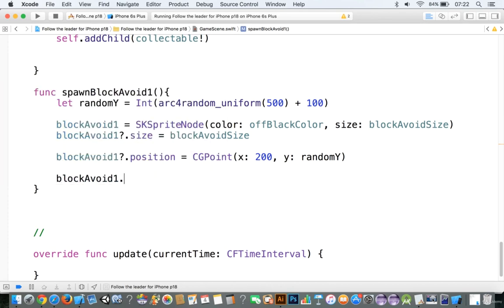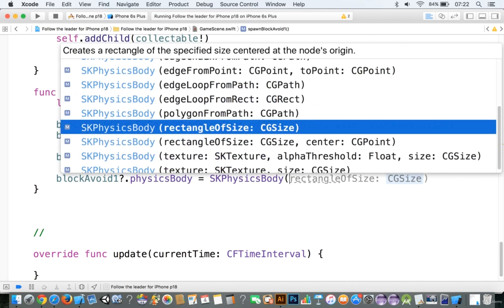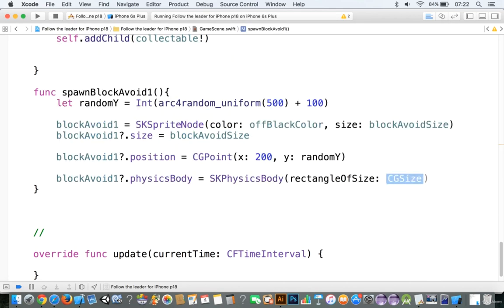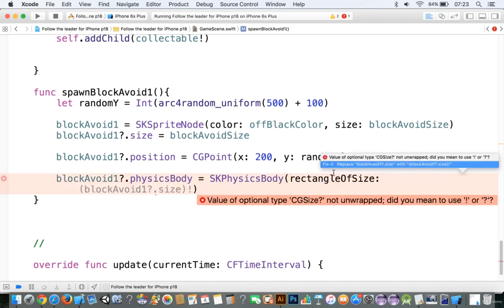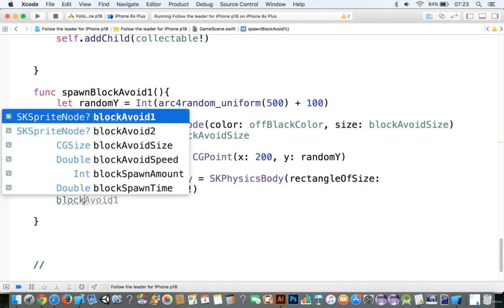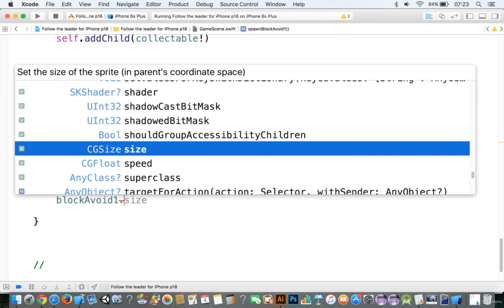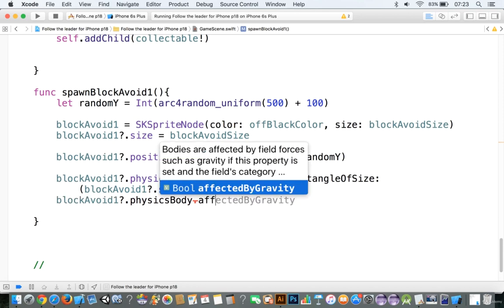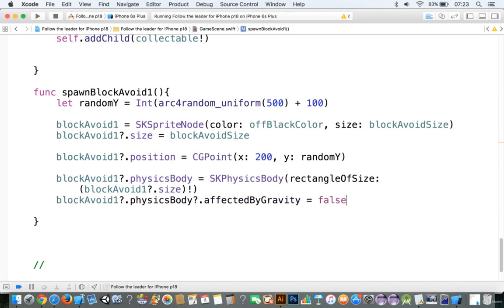Okay, so block avoid 1 dot physics body is equal to SKPhysicsBody, and we'll say rectangle of size. And what I'm going to do here is go to block avoid dot size, and I can be a little lazy sometimes, and I'll just go ahead and fix it there. I prefer to do that instead of typing it out the right way, but that's just me. Not everyone likes to do that. I think it's just faster personally. All right, so we're going to say dot physics body dot affected by gravity is equal to false, and then